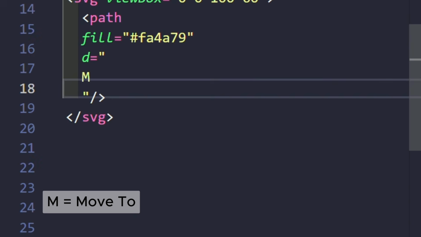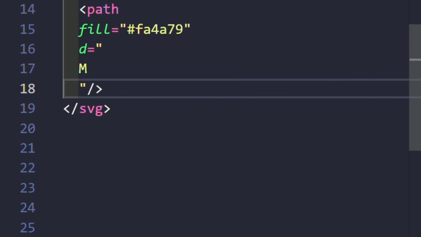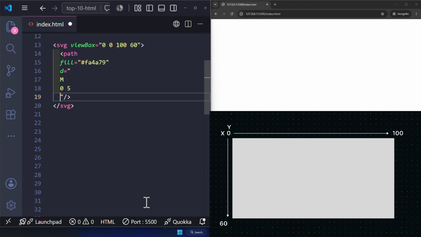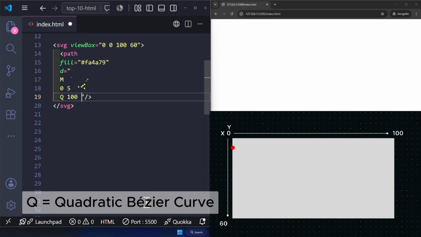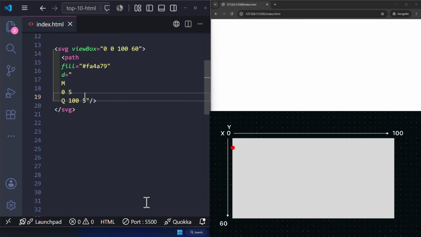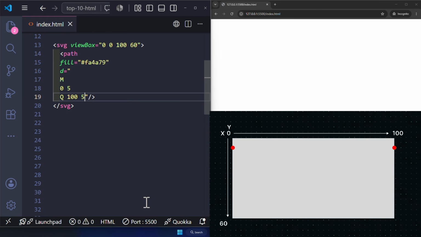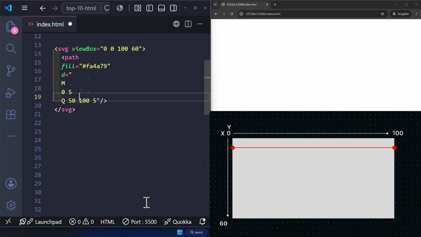Declare M to place the pen at the point with coordinates x equals 0, and y equals 5. I will draw a curve from there to the point with coordinates x equals 100 and y equals 5. However, for a curve, we will need to declare an additional control point with coordinates x equals 50, y equals